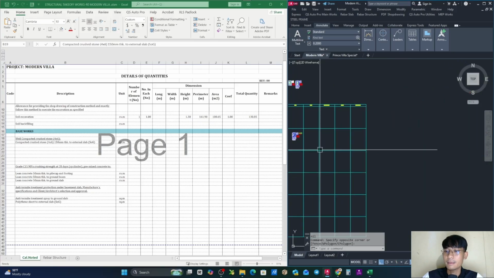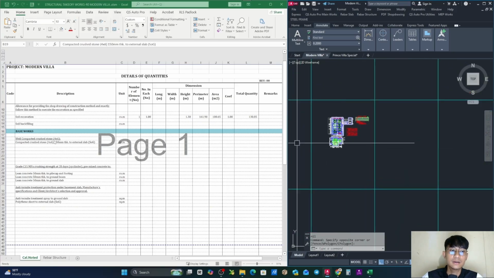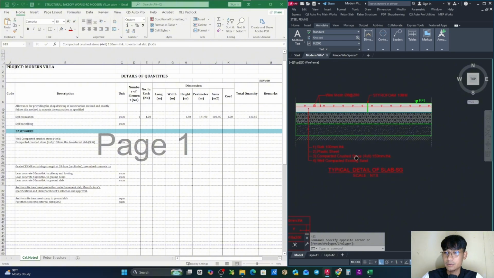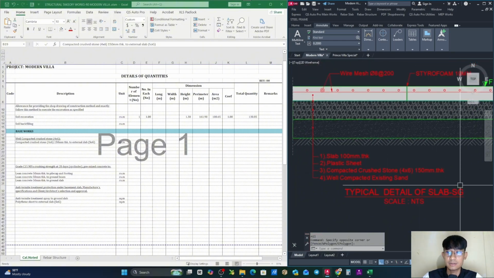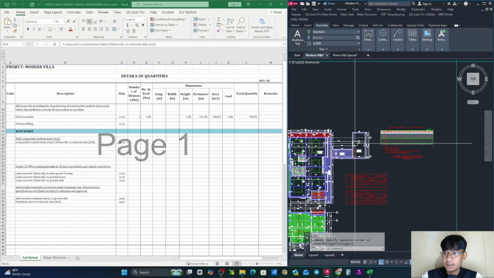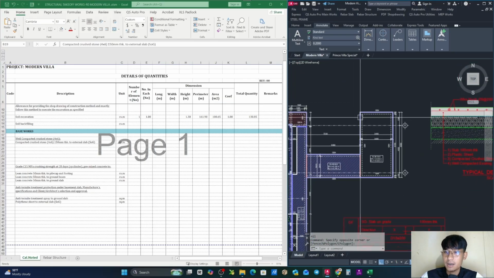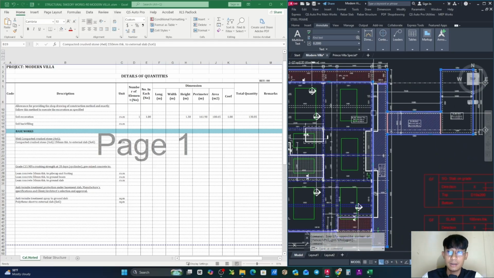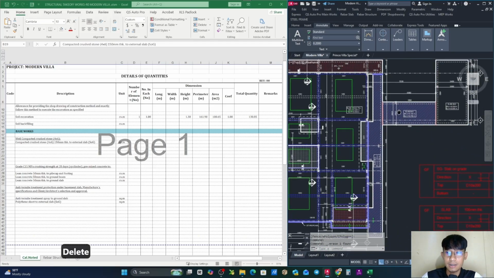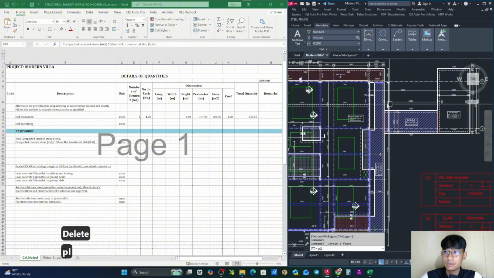So right now we focus on the well compact crust stone, as in typical that we need to execute it at side. So the thickness is 150 millimeter. So let's start. As right here, I already polyline the area that we need. So right now, let me remove it for you and then do one by one so you can see it